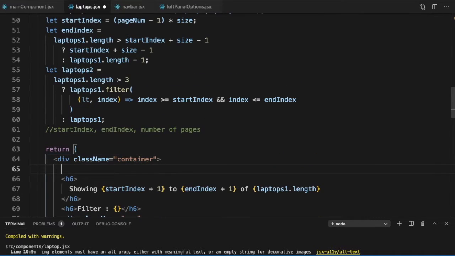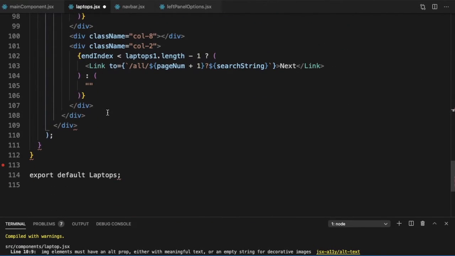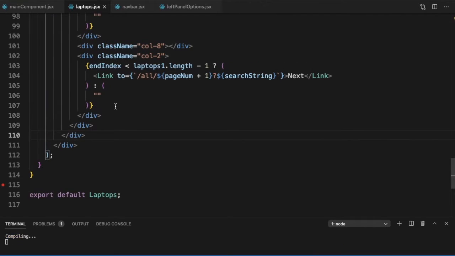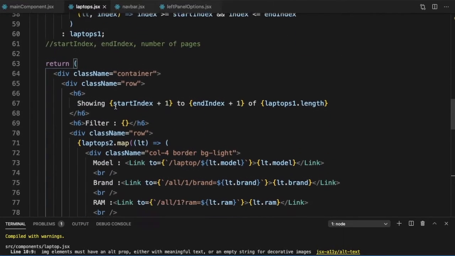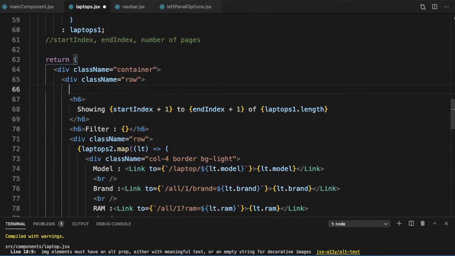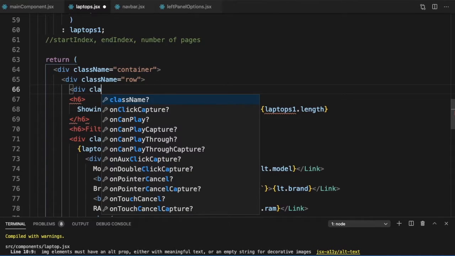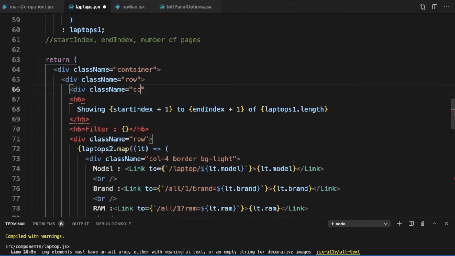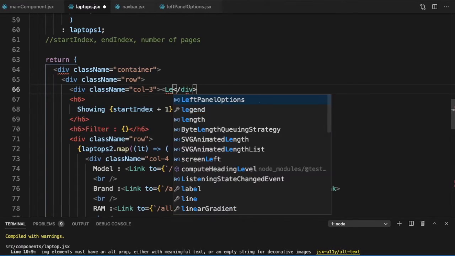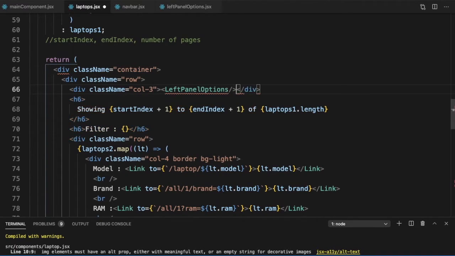So here let's just create a row. Div className is equal to row, and let's just take this to the bottom, and within this we will just create a left and a right. So div className is equal to column 3, and this is where we will have our left panel options.